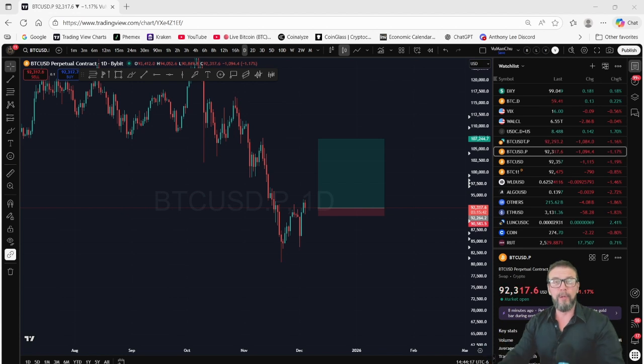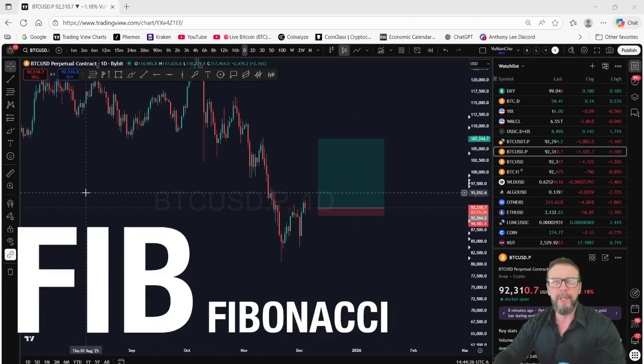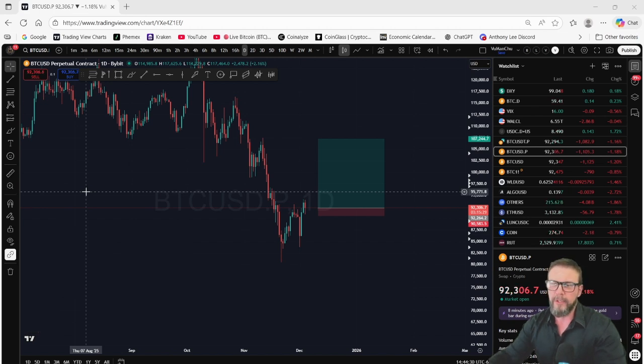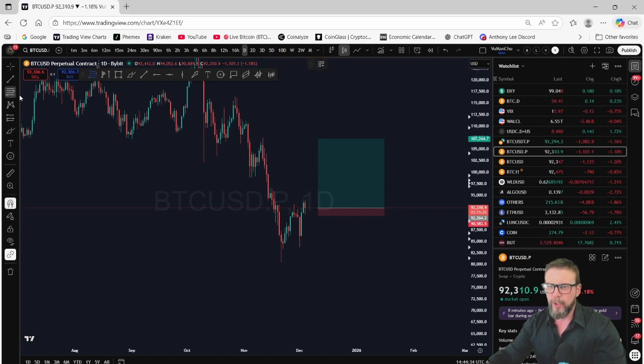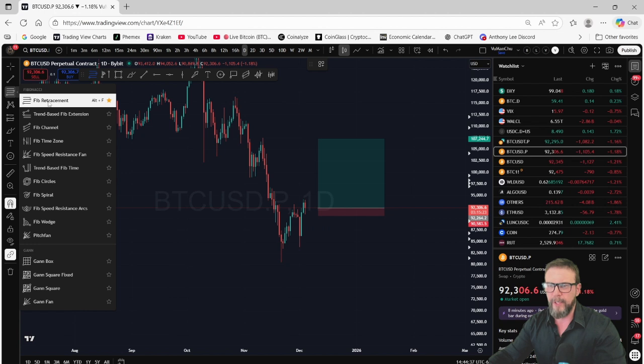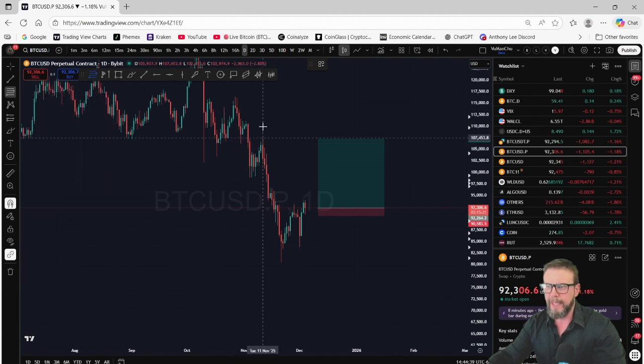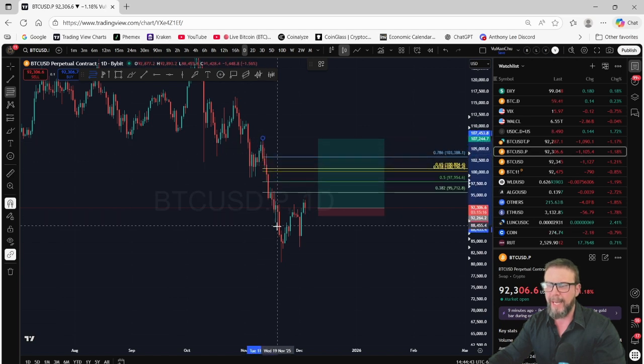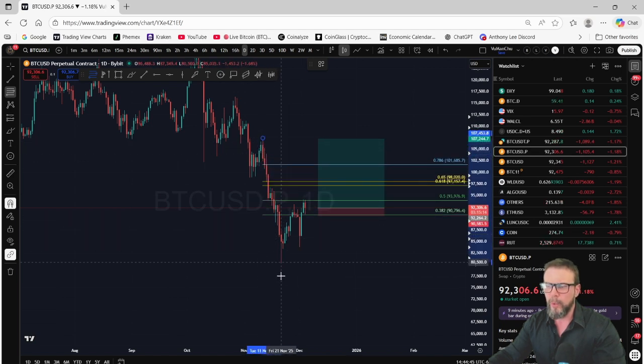Another way you may look for a trade or a take profit trade, rather than going up to this top spike that we talked about, you may want to take a fib, okay? Fib is a very common term used for Fibonacci level, and that's how we determine retracement and expansion levels on different assets. So right here we have a tool called Fib Retracement. We'll click on that. We'll take it to the top part where we want to measure from. That's going to be our high. We'll drag it to the low, which is the swing low down here,